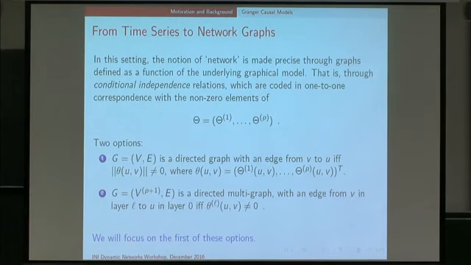I'm going to make the simpler one. Either you could say that G is a directed graph with an edge from V to U if and only if the norm of the vector that you get from this stack of matrices, by going to U and V and then pulling out the entire set of lags, has non-zero norm. So somewhere there was a non-trivial connection, a non-trivial dependency between them. That's one way. And you're using just the matrix. Yeah, just the matrix. This is assuming I know this. At the moment, I don't know the value, and so that's the inference problem.